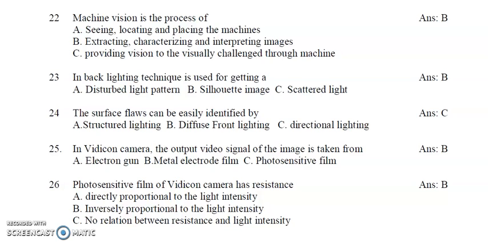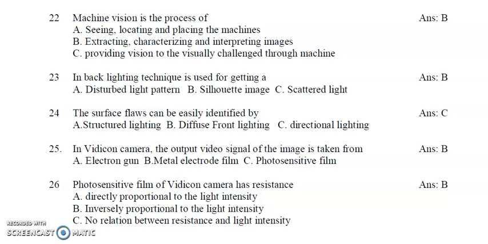The answer is B. The photosensitive film of Vidicon camera has resistance A, directly proportional to the light intensity, B, inversely proportional to the light intensity, C, no relation between resistance and light intensity. So the photosensitive film has resistance inversely proportional to the light intensity. So that means if the resistance is less for more light, it will produce more charge. By that it can produce more voltage signal. Actually the amplitude of the voltage signal is high in the case of